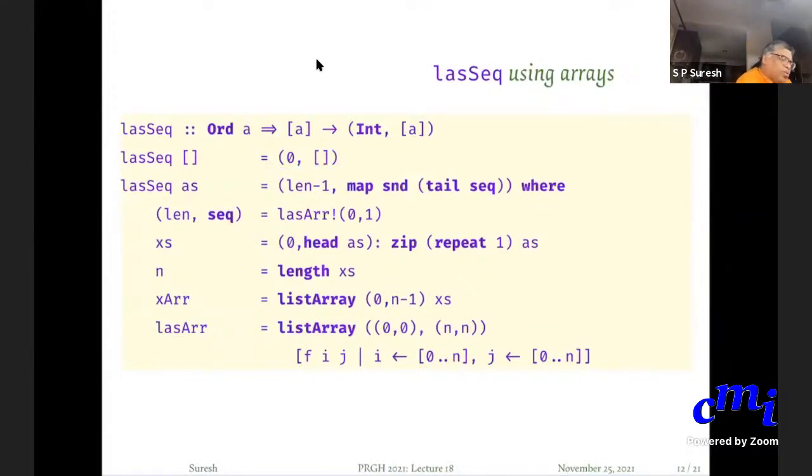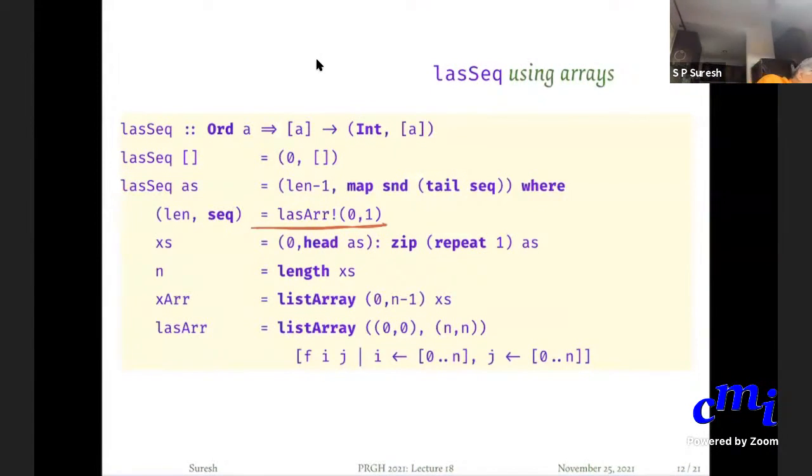Otherwise, you first compute len comma sequence as LAS array bang 0, 1. This is the main thing. I have turned it into an array, LAS array, and LAS array bang 0, 1 will give me a length as well as a sequence. Now I'll subtract one from the length. That much is clear. Then I'll have to find the tail of the sequence, because the first element was a dummy element. But you should also remember that my original list I transformed